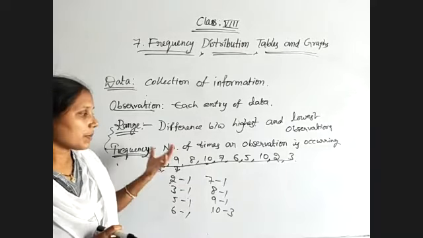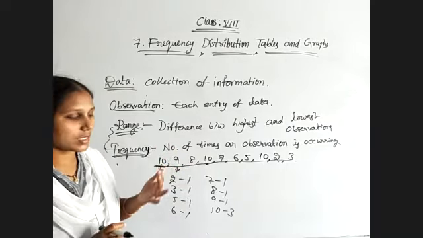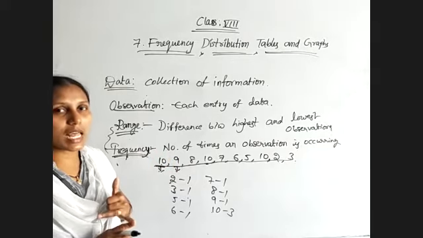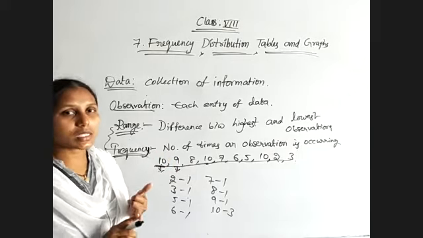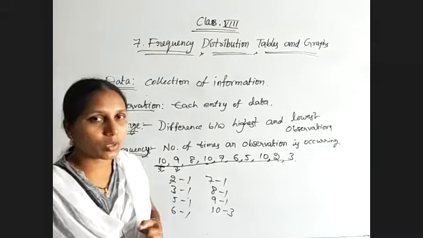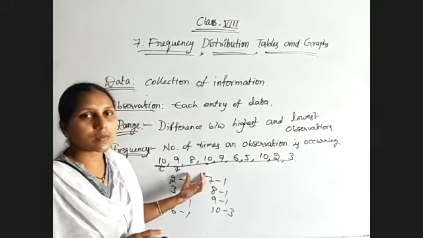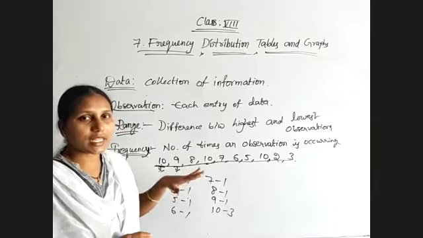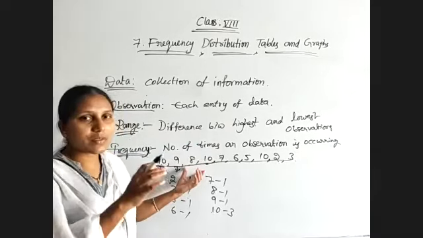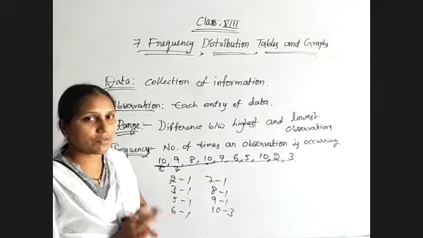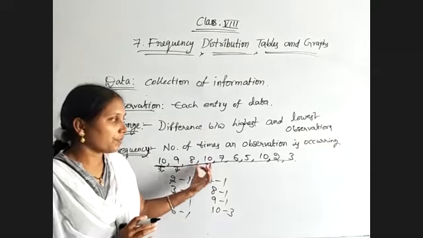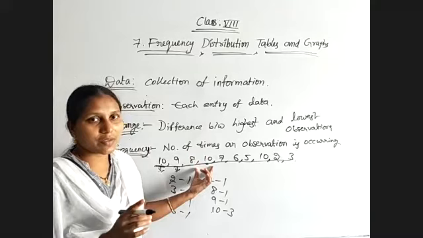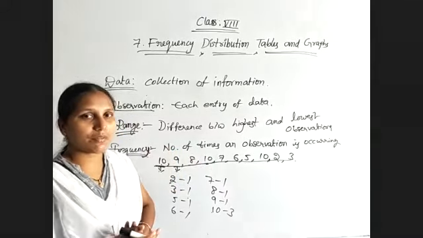These are the basic measures of central tendency. The first one is mean, the next one is median, and the third is mode. The mean deals with all observations. It is the representation of the entire data, and the formula for the mean is the sum of observations by the number of observations. If the value of any one observation changes, the mean also changes.